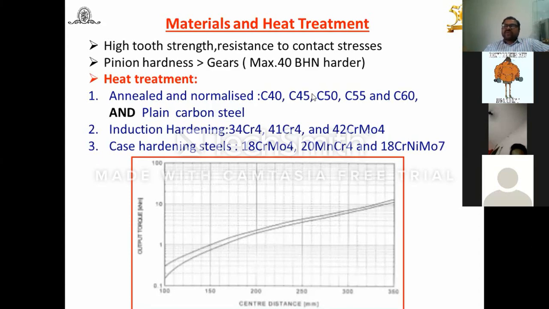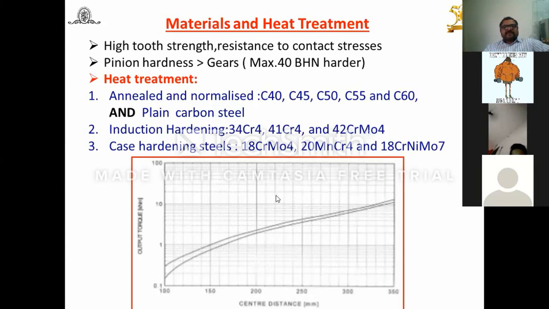That time what you have to do? You have to go for a change in material of the gears. First of all, change the module 1 or 2 times. That time what would happen? Size of the gearbox may increase. Then check the option, increase the hardness by heat treatment process. If it's not possible, then change the material. In this way, you can select the materials for your applications. That is for the gears.